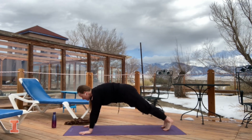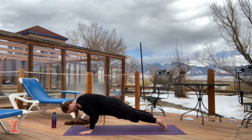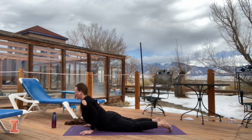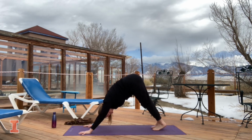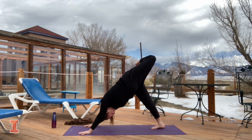You can skip vinyasa or inhale, prepare. Exhale, lower. Inhale, cobra. Exhale, down dog. Inner big toes touch. And then just lifting that left leg up, bend the knee, press the mat away, as if you're kicking yourself with your heel in your butt